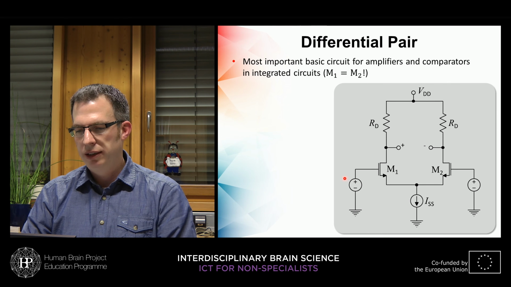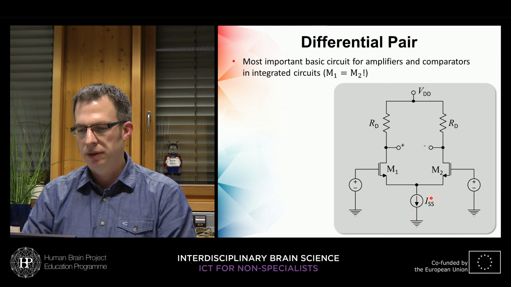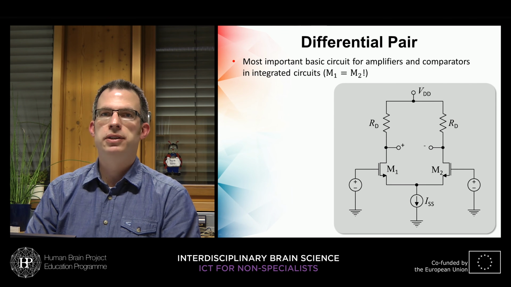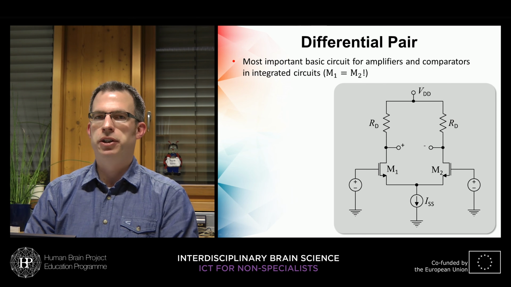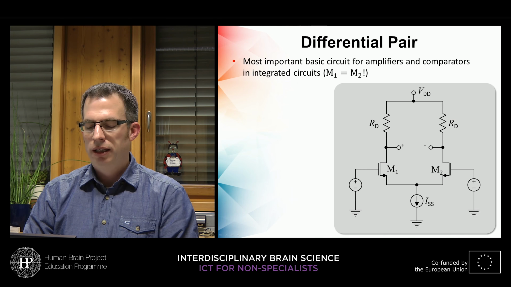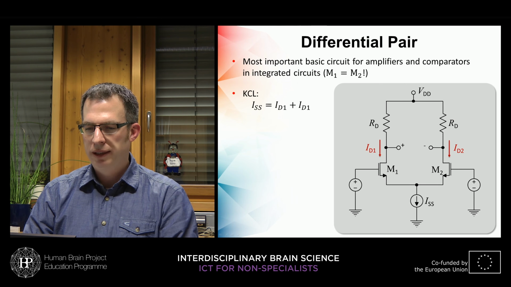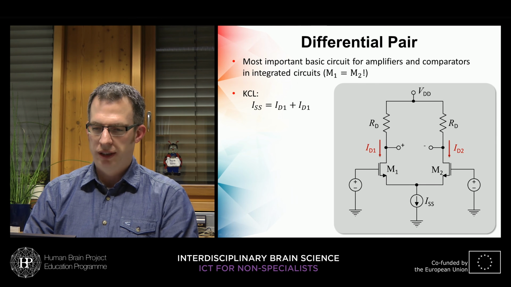We can have input signals here that are supplied by these voltage sources, and we have a current source here, so our first current source. We have a supply voltage up here, and we have two resistors connected to the drain terminals of the transistors, which should also be identical. So we have a symmetric circuit,